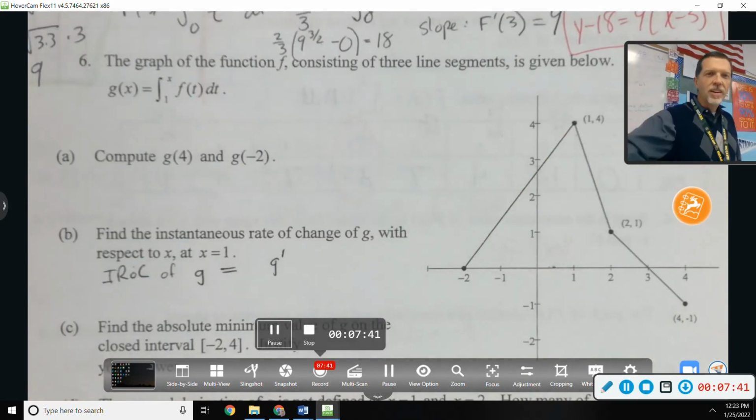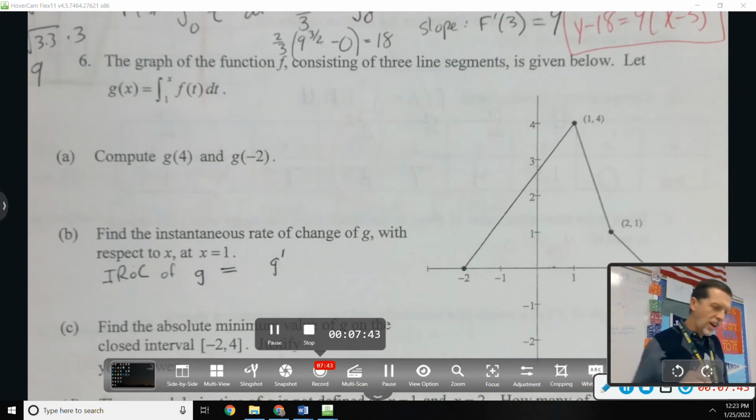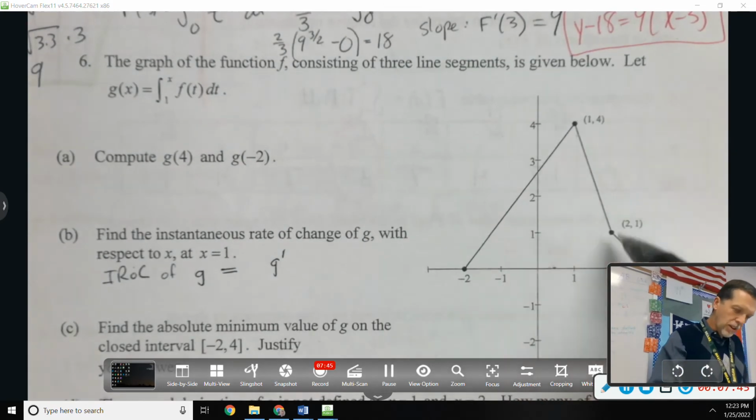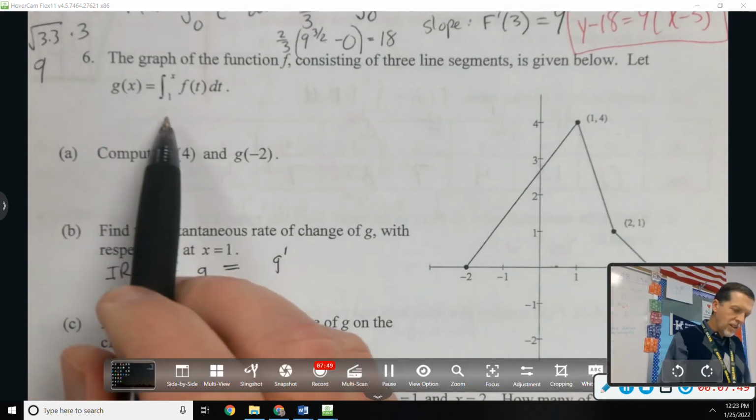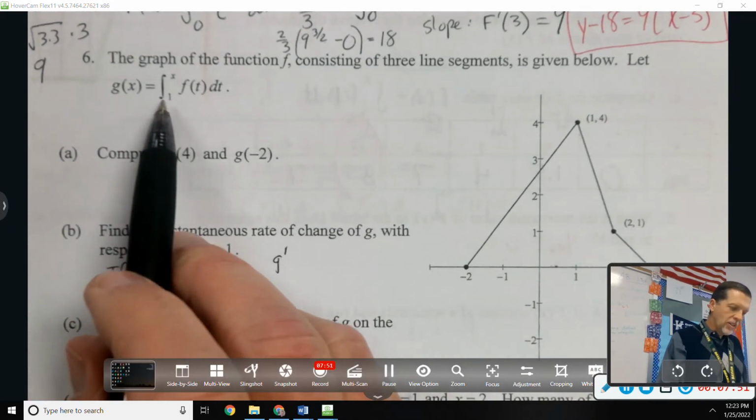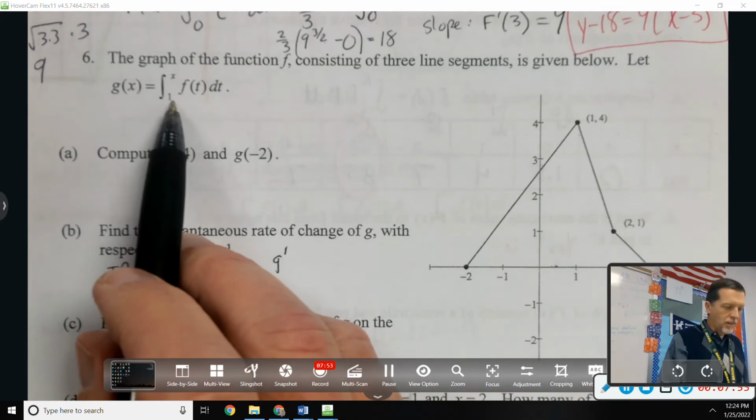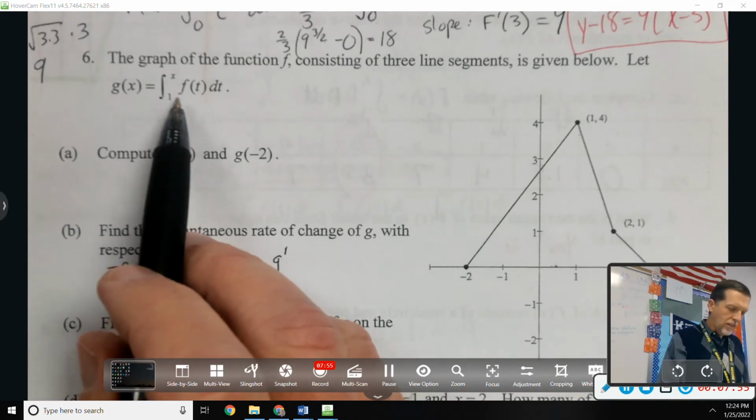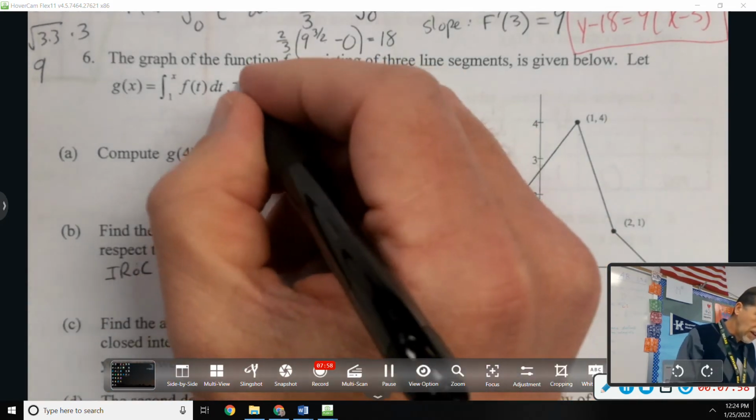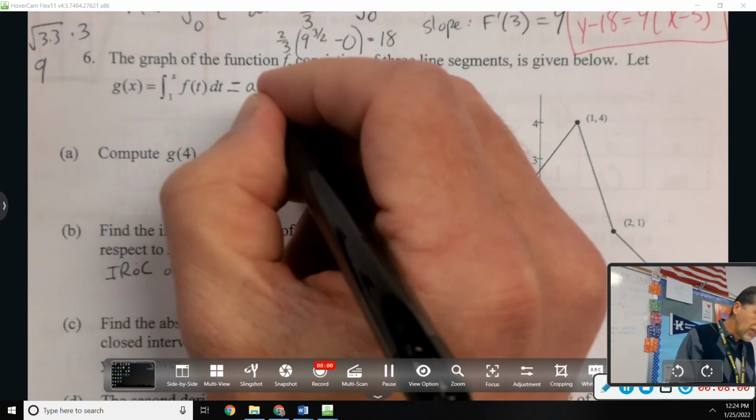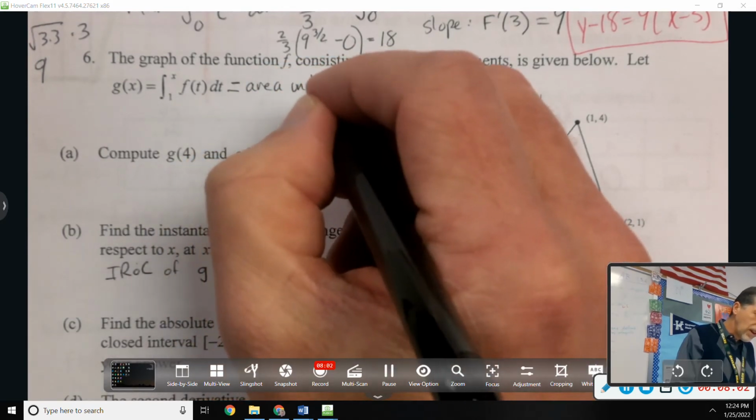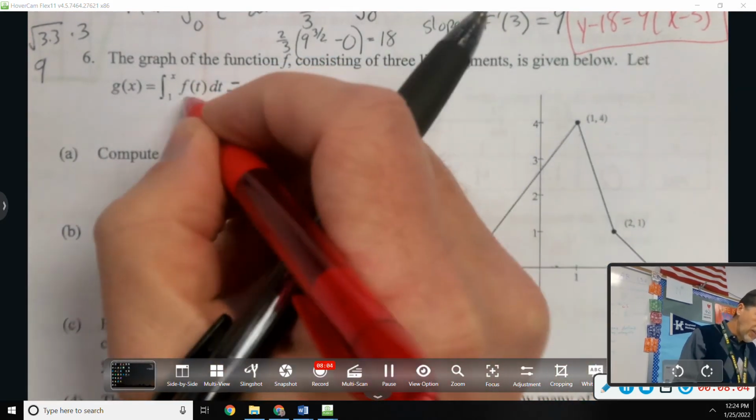Number 6, the graph of the function f consisting of 3 line segments is given below. Let g of x be the antiderivative, or the integral, or the area, all means the same thing, from 1 to x of f of t dt. So I don't have to write this, but maybe it helps. The area under f